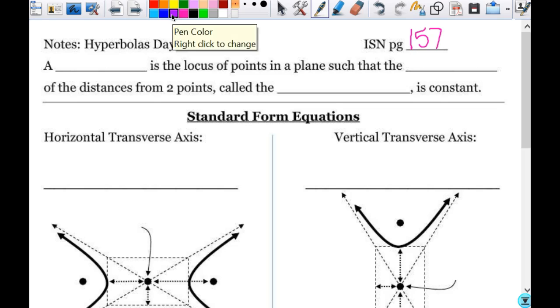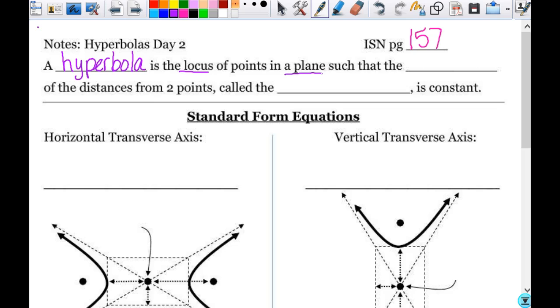All right, so hyperbolas, it's our last of the conic sections that we're going to talk about, and that's what goes in this blank right here. A hyperbola is the locus of points in a plane such that, and I left a blank here this time, which I hadn't on the others, because for an ellipse, if you remember,